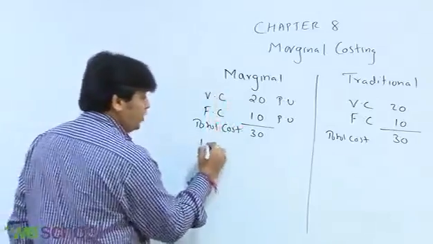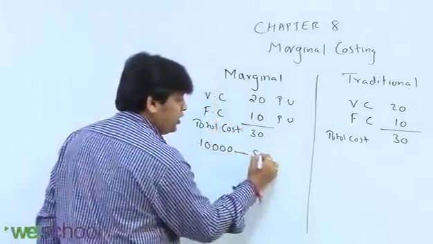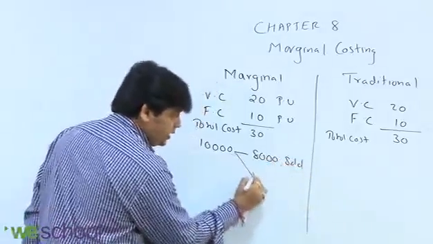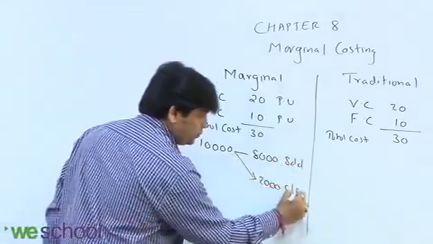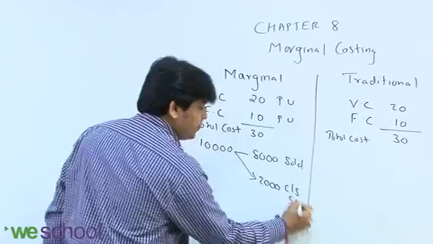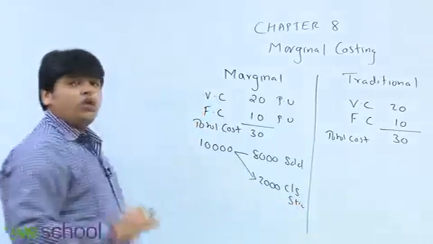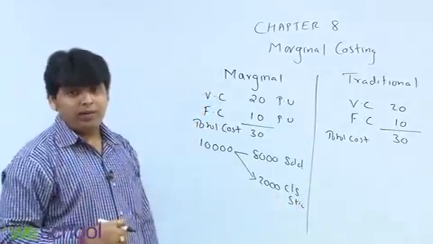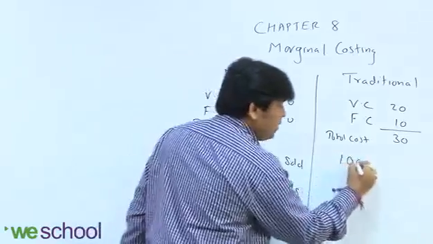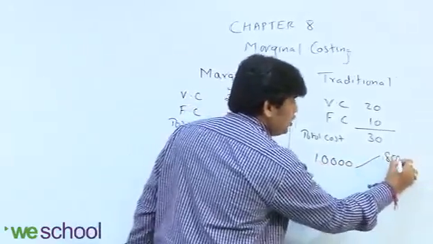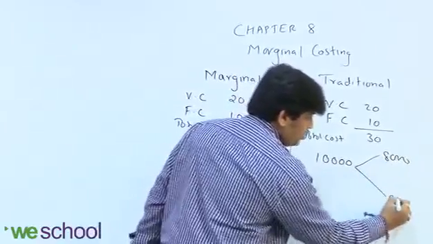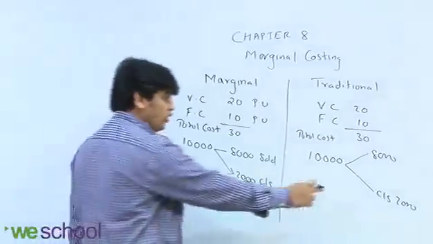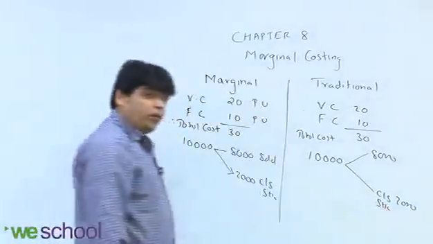So suppose out of 10,000, I sold 8,000 units and 2,000 is closing stock. This year's closing stock will become next year's opening stock. Similarly, I am taking the same example here. Out of 10,000, 8,000 is sold, right? And closing stock is 2,000. Now my question is,